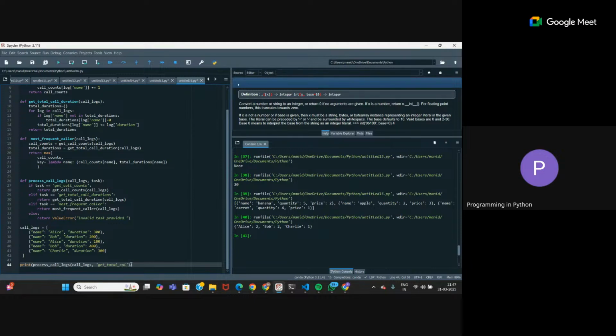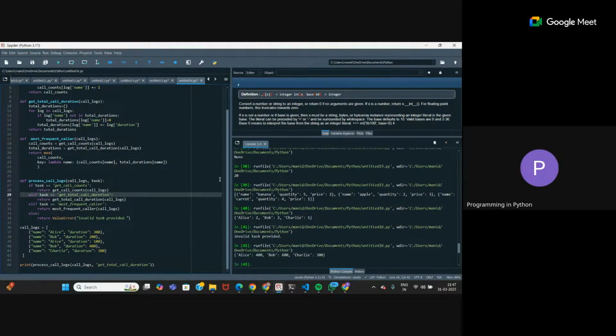Get total call duration. What did I miss? Okay, here's an S. Yeah, duration is also fine.